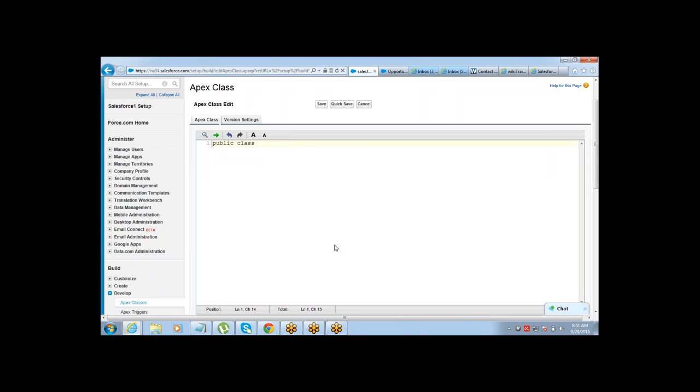Public class C5. List of opportunity, let's call it openOps, is equal to select name, amount, stage name from opportunity where stage name in. Okay, so if you are trying to put multiple values there, you should say stage name in, and then